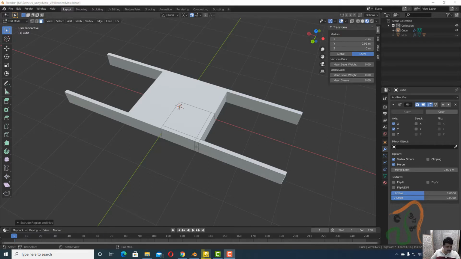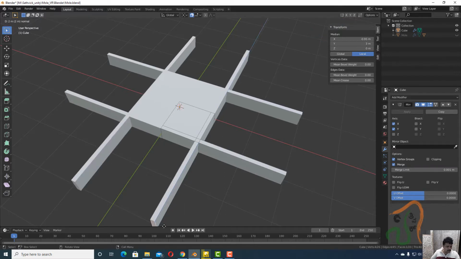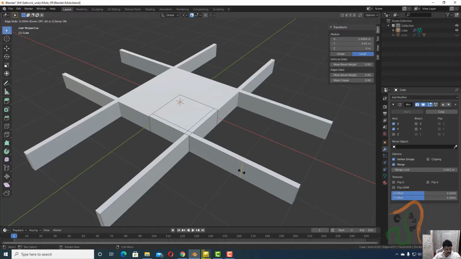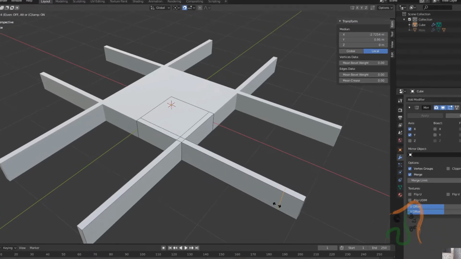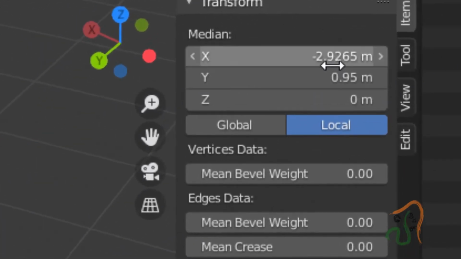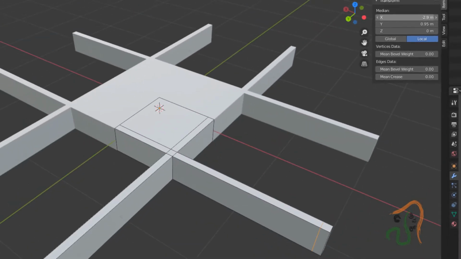Then next select this edge here and press E and again snap it by two grid levels like this. Now next here again press Ctrl R and add an edge loop here, move it like this, and this edge is -3, and let us move it to minus 2.9 here. Okay, and similarly on the other side also, on this side press Ctrl R, add an edge, and